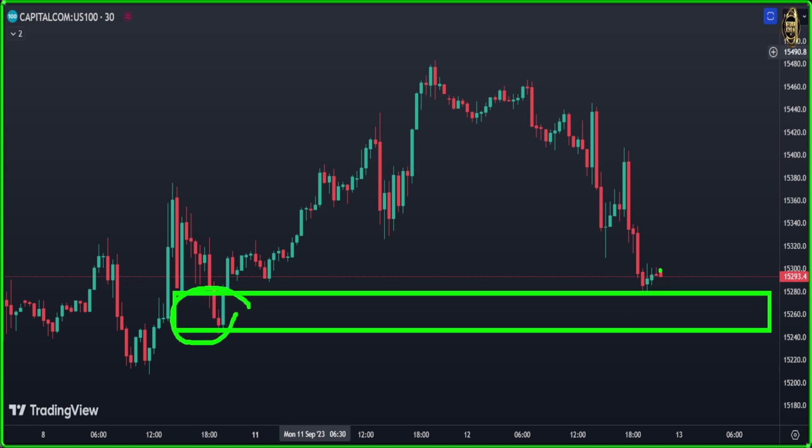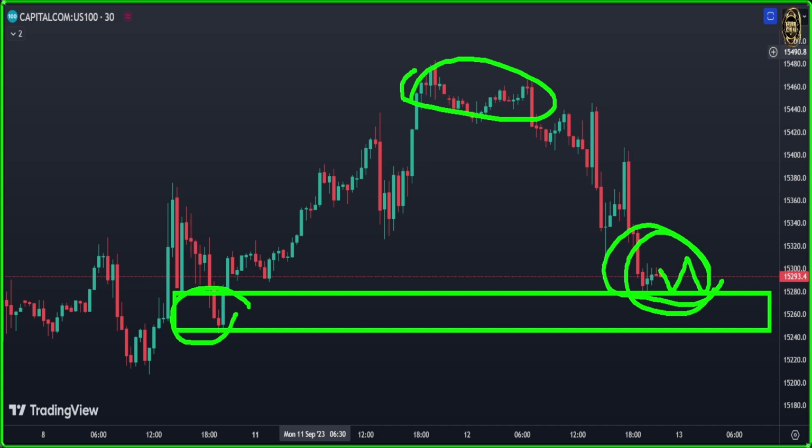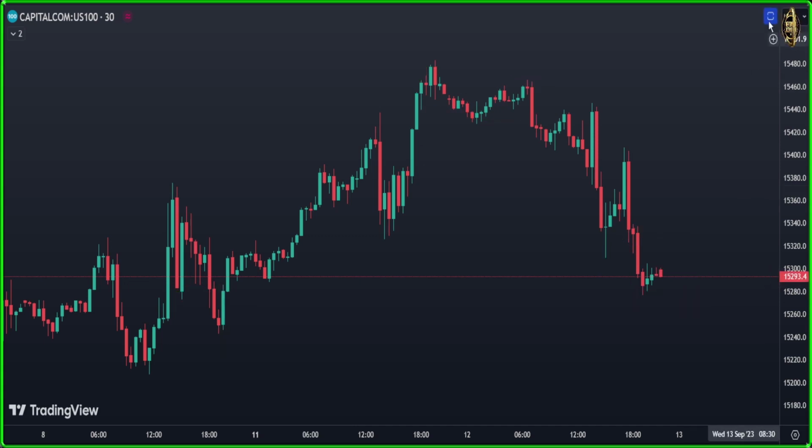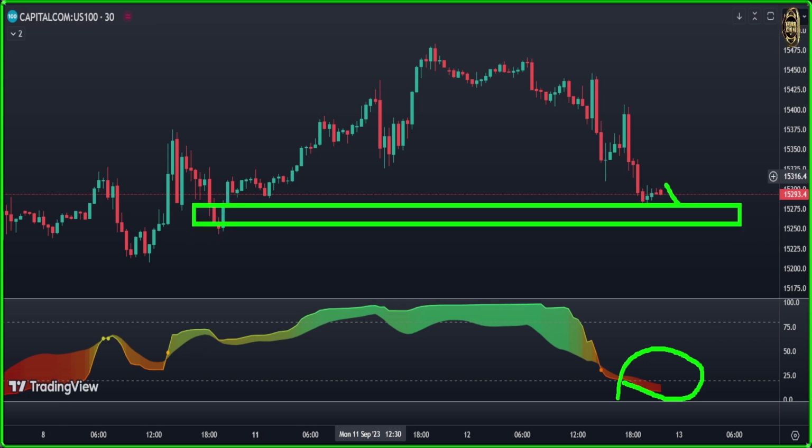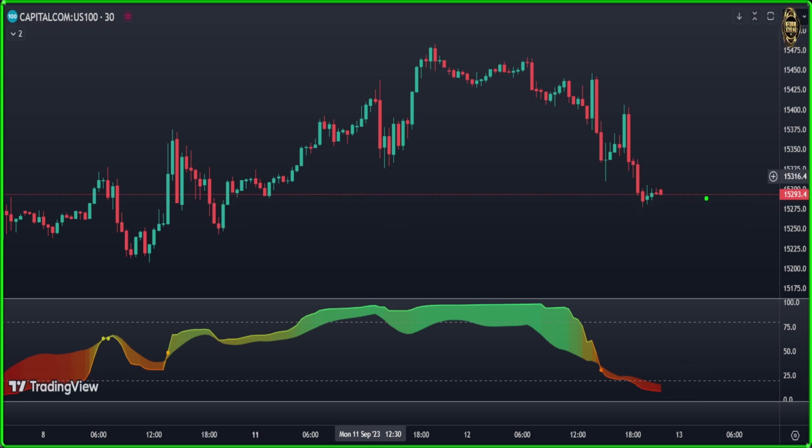Now, for you to enter long, it needs the market to give you here a price action, like how you used to see here. If it doesn't give you a price action here, that means there is nothing. Yes, our indicator is at the oversold area. Let me show it to you. As you see, also we are here at the oversold area. But for us to enter long, it needs the market to give us a price action. Yes, our indicator is at the oversold area level. Also, we are at a very strong level, but the most important one is the price action. If we don't get it, there is no long entry. The only thing you can do is make a trend line like that, and wait to see if that one is getting broken here.